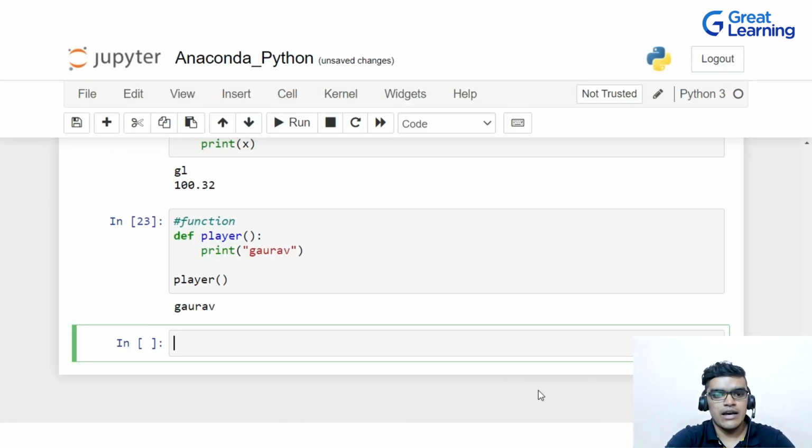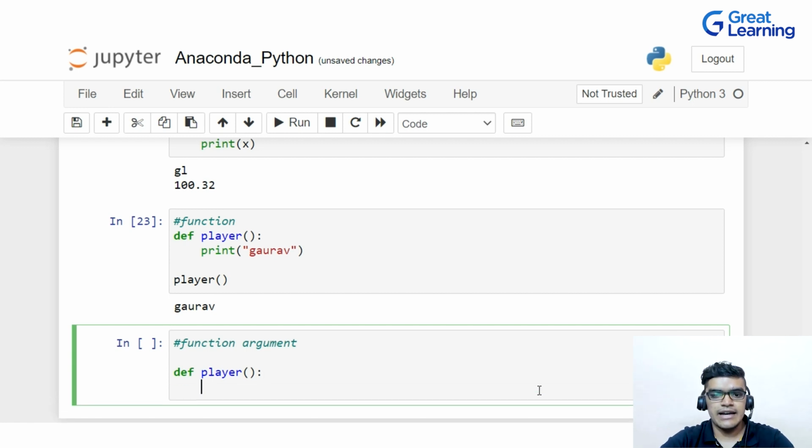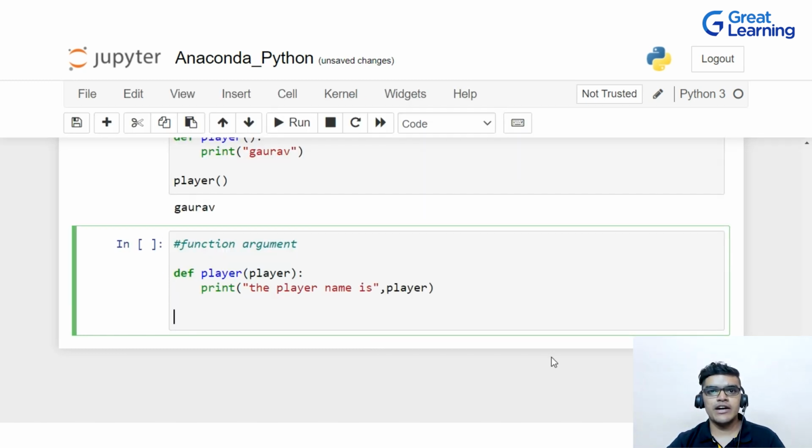So what I will do here, I will write here function argument and I will comment it down. Now I will write here def, I will write here player and inside that I will write here print, and I will write here the player name is, and I will write here player. So this is the argument basically. So what I will do here, I will call this function. So how to call a function? By function name. So function name is player. So let me write here player